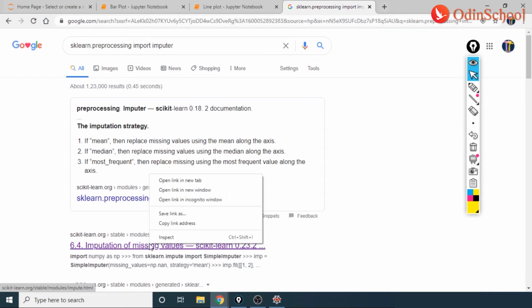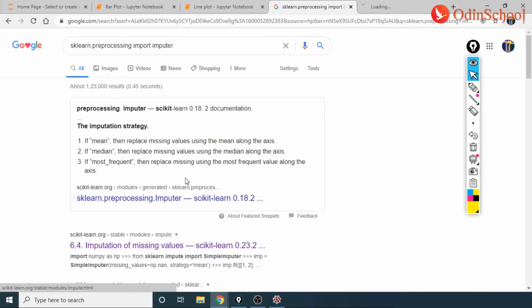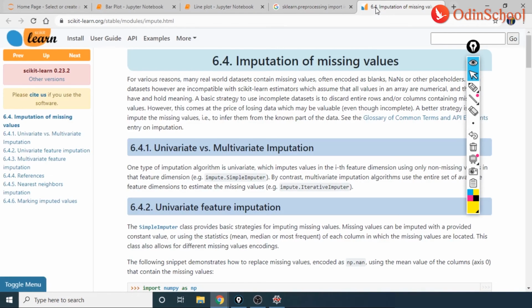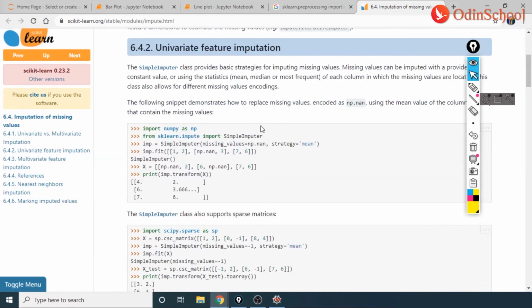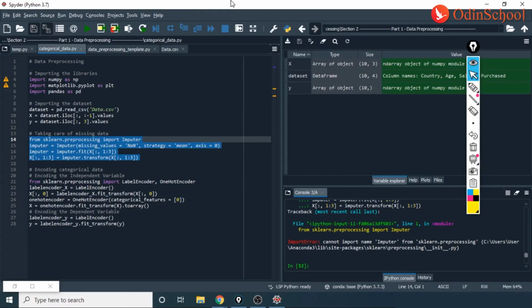Let us see if there is any new method or any change in the way things are done. Right, guys, so as you can see, it is sklearn.impute import SimpleImputer. We don't have Imputer anymore. So now let me replace this with SimpleImputer here also.